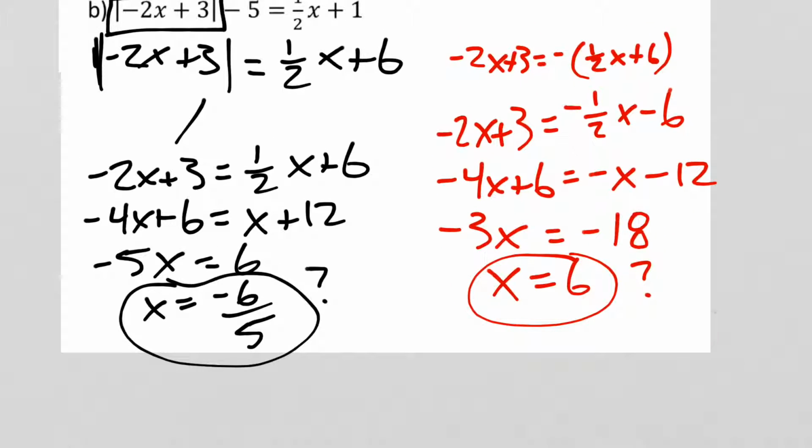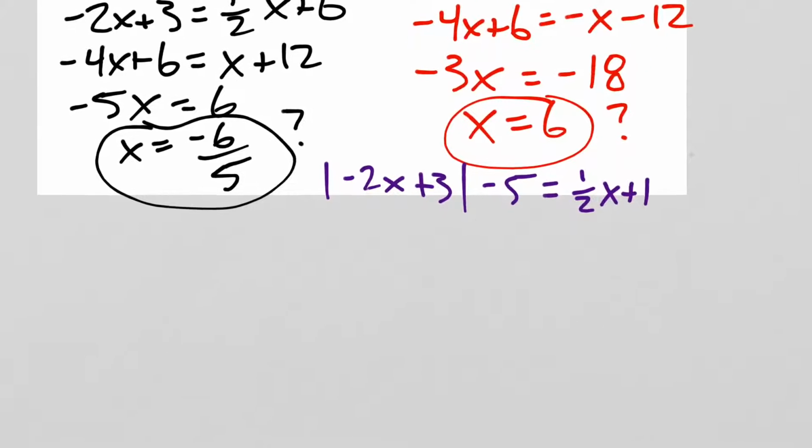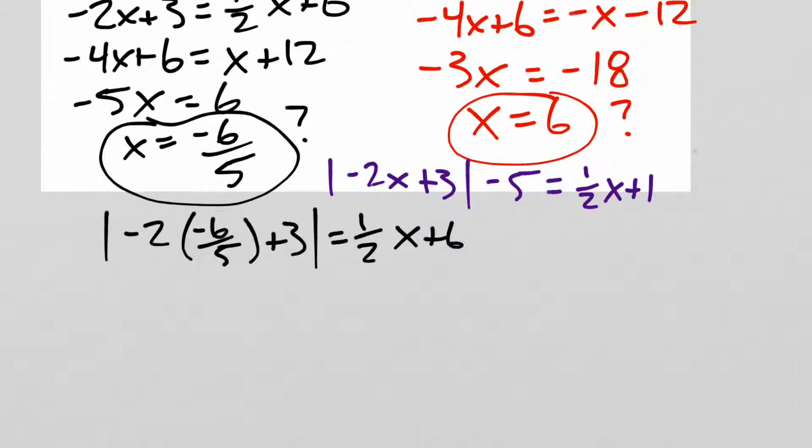So take the original expression, this absolute value of negative 2x plus 3 minus 5 equals 1/2 x plus 1, and plug in both values and see if you get a true statement. So with the negative 6/5, let's plug it in. Absolute value of negative 2 times negative 6/5 plus 3, close them, equals 1/2 x plus 6. Notice what I did. Let's go ahead and simplify this absolute value nonsense. Negative 2 times negative 6 is positive 12. So I have 12/5 plus